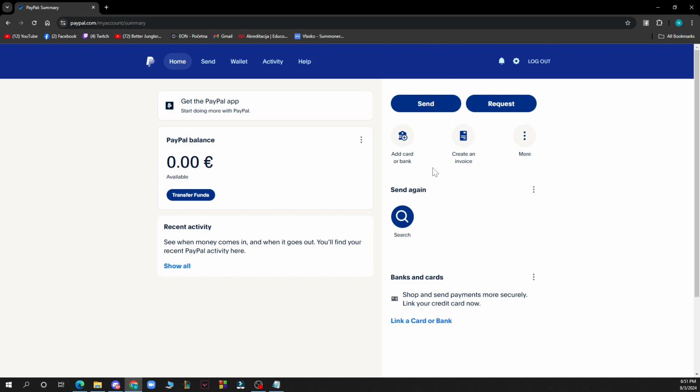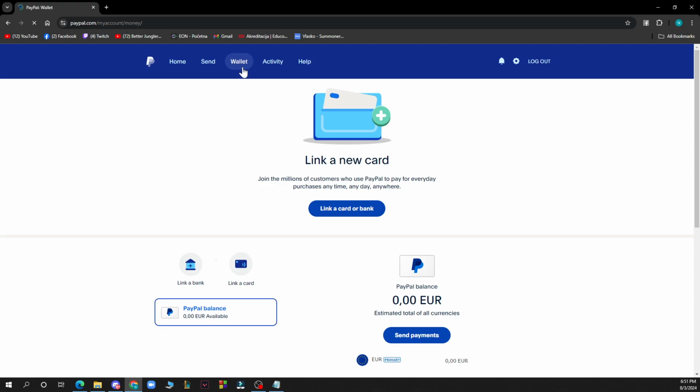First of all, what you need to do is go to your wallet. So basically on the top here, you have the home, send and wallet. You just need to click on the option of wallet. Now you have a card here. At the moment, I don't have any, but when you link a card or bank, you will have them here. After that, you need to choose the card or bank that you put here